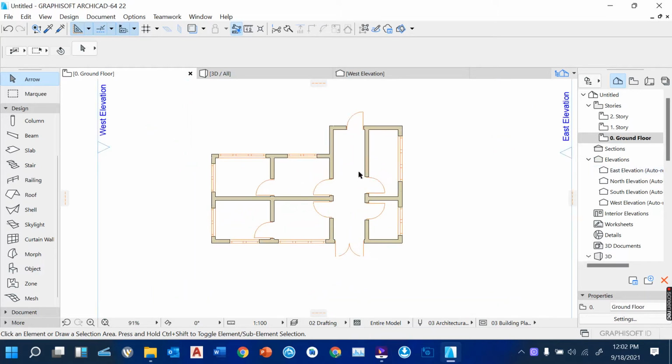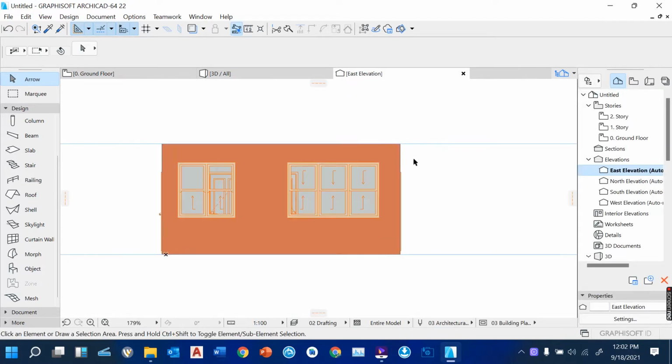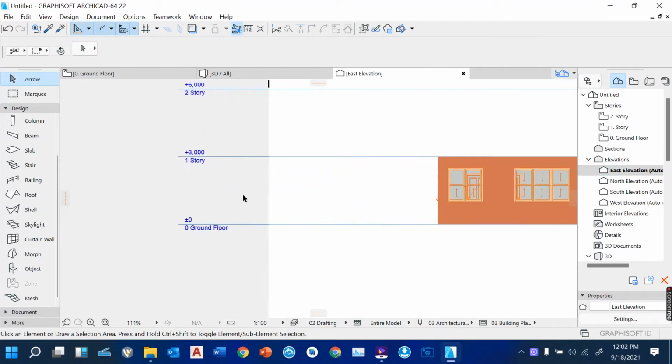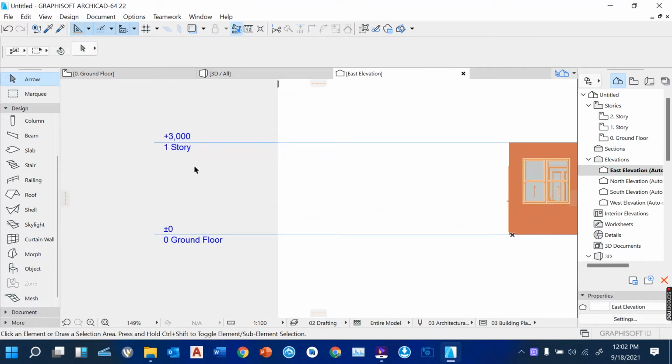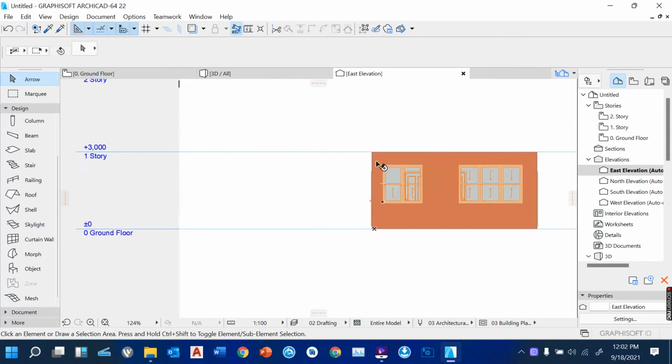Then next, I'm going to show you how you can reduce the height of the walls. When you click on one of the elevations here, you'll see here we have ground floor and story 1. Initially, it was set up to 3 meters. That's where our walls were going up to the height from top to bottom. But you can change in a scenario where we have a wall which is not up to the next floor. So when you come back to the ground floor,